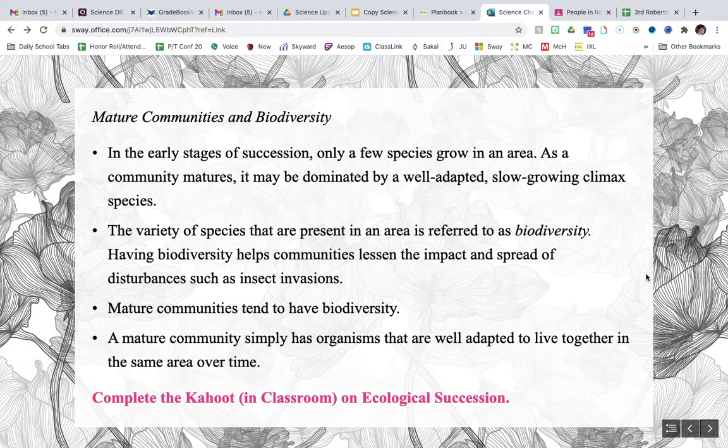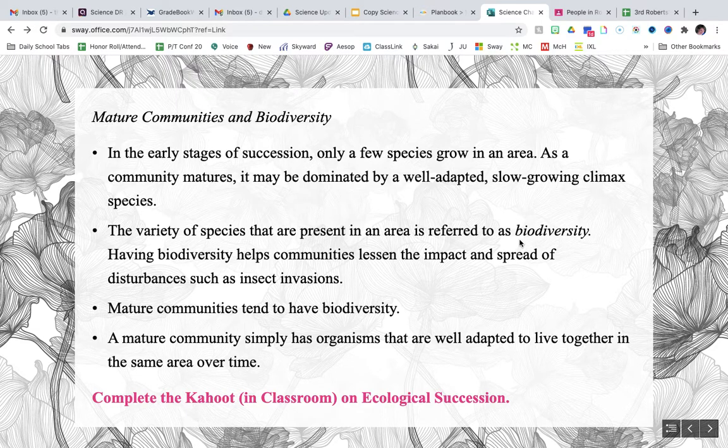So he gave a very good synopsis and some other interesting facts, such as Chernobyl. He also mentioned mature communities, and this leads to biodiversity. In the early stages of succession, we know that only a few species grow in an area. And then as he showed you on that graph, as a community matures, it may be dominated by well-adapted, slow-growing climax species. And anytime you have a big variety of species in an area, this is referred to as